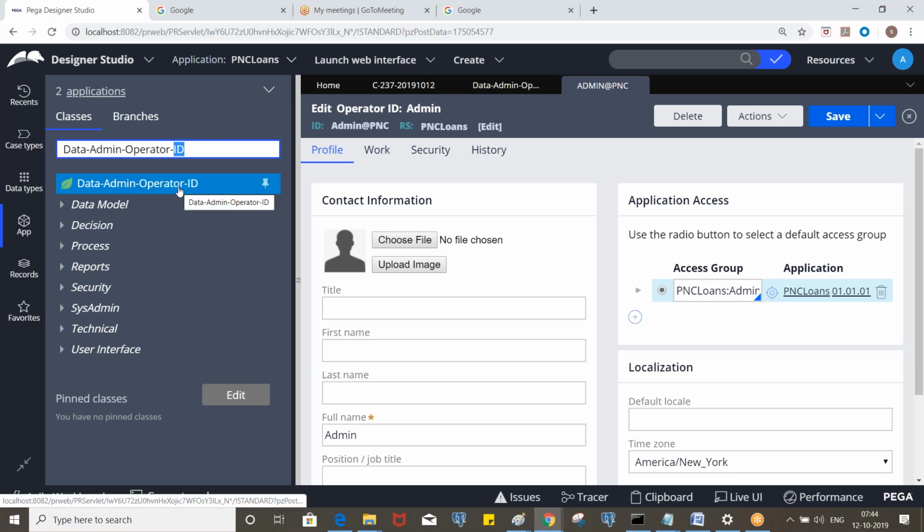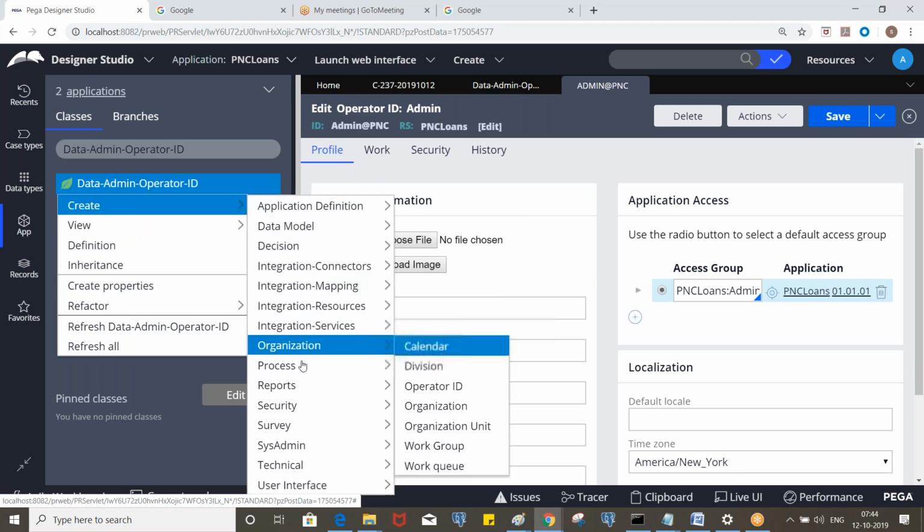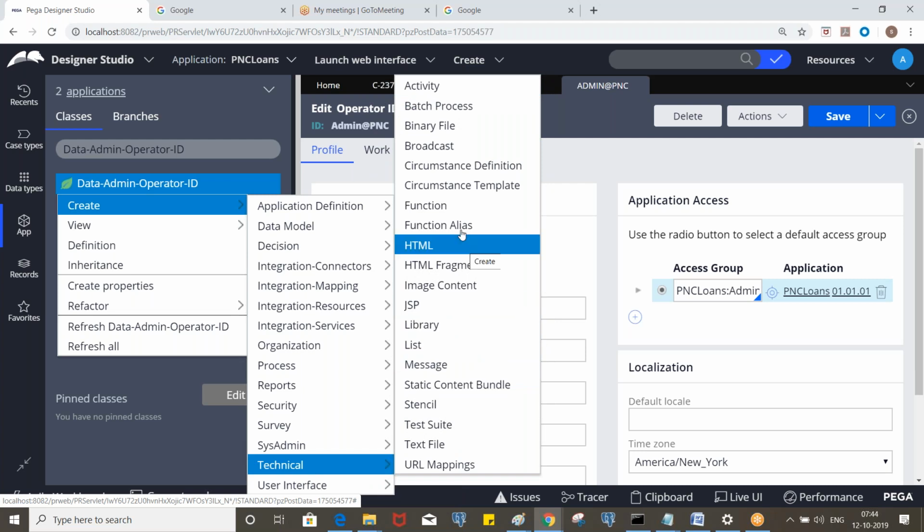so here we'll be creating an activity which fetches the operators and updates the position. Okay, yeah, so let's create an activity called update operators.